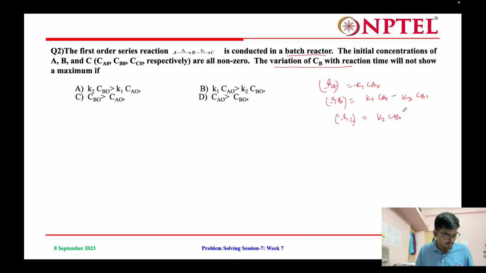So if K1 CA naught is less than K2 CB naught,